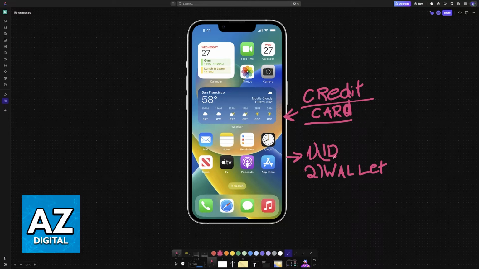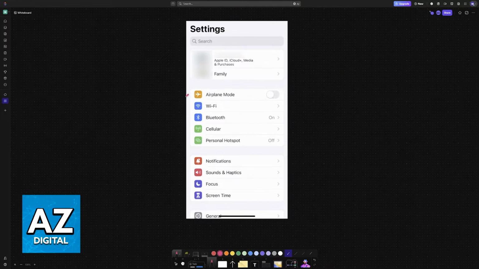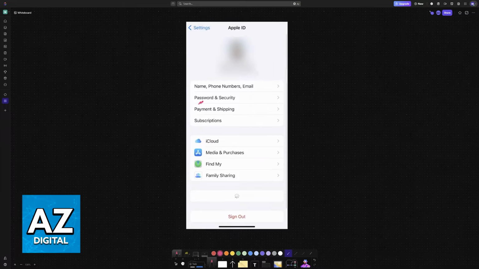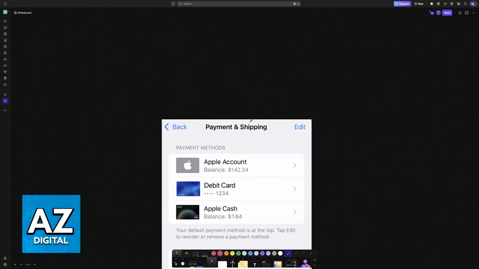So to start, I'm gonna showcase how you can link it to your Apple ID so you can use it in conjunction with services like iCloud. So go into the settings and your Apple ID should be available at the top. If you haven't signed into an Apple account, then you will be able to do so now, but what you have to do in this menu is to tap on your Apple ID or Apple account. You will see a bunch of options, and one of them is going to be payment and shipping. This is where you can manage the payment methods and consequently add a new card. So tap on payment and shipping.